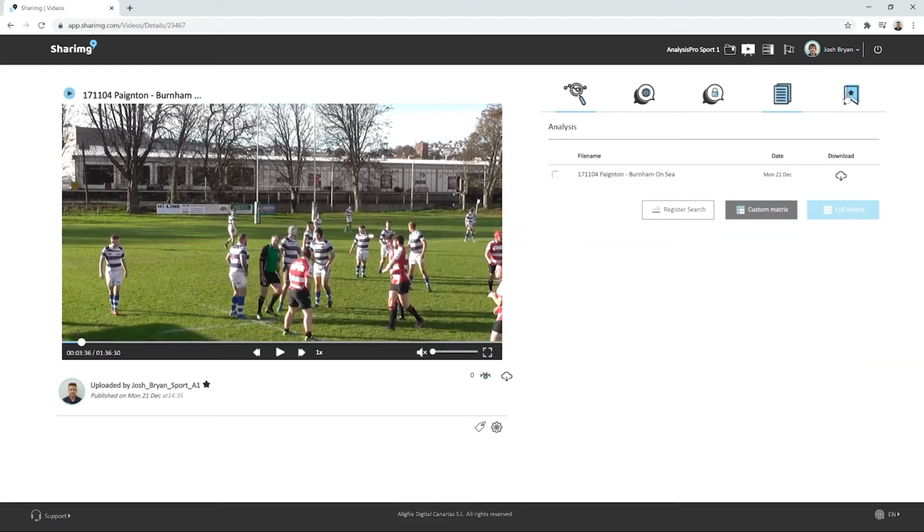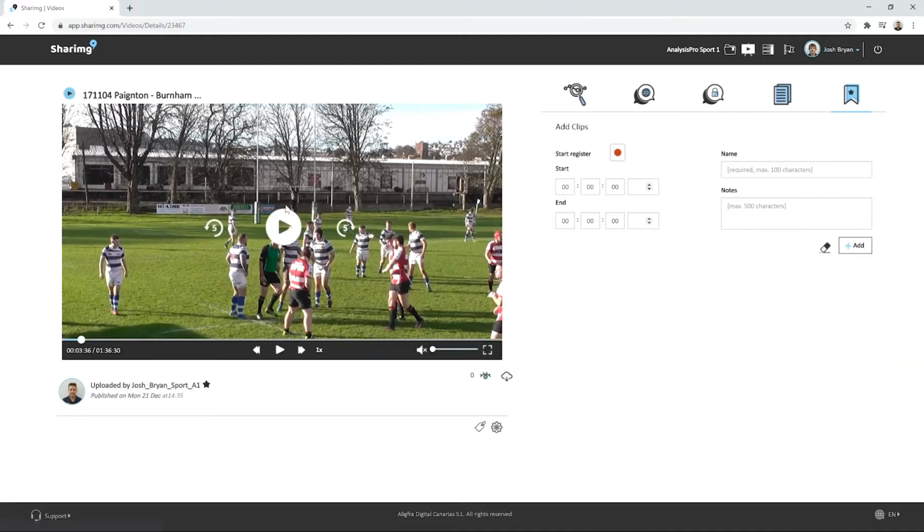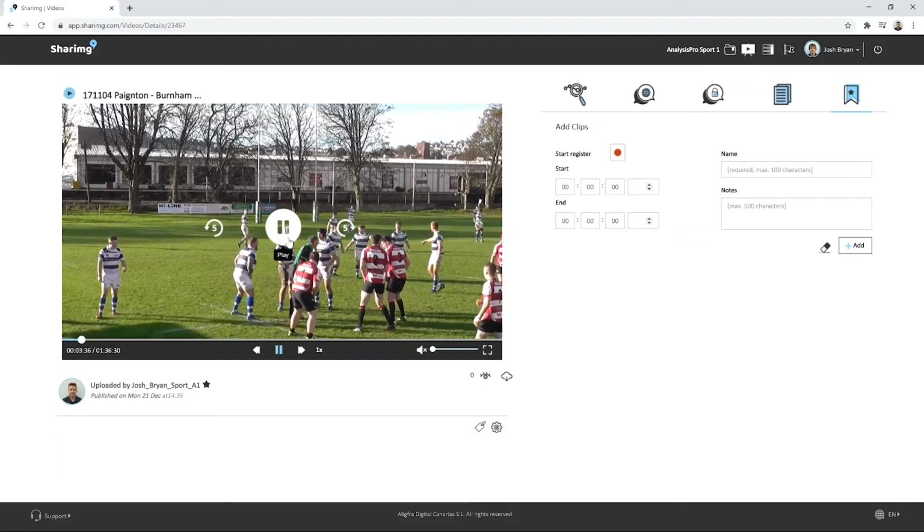So when I have a video open, if highlights are enabled for me, I'm going to see this icon. If you can't see this icon, your admin users, your coaches for example, haven't enabled highlights on this video, so it's something that they would need to do first. So once you click here, you can play back your video,